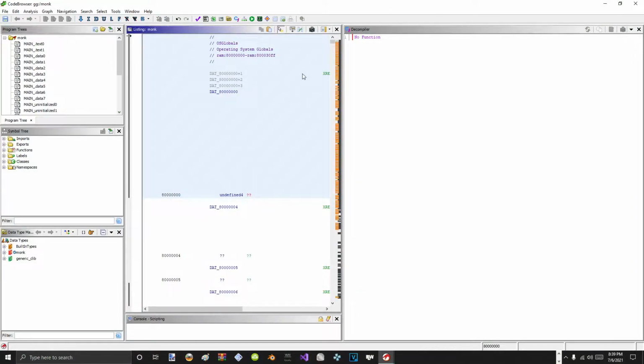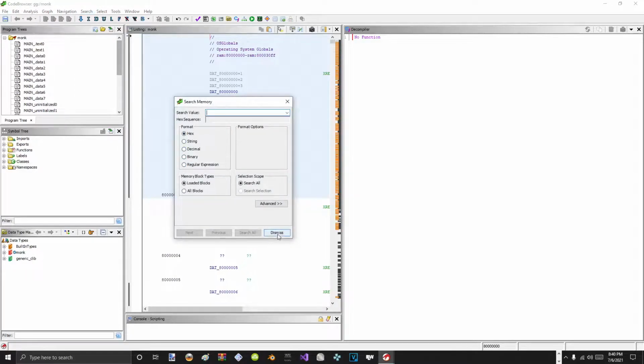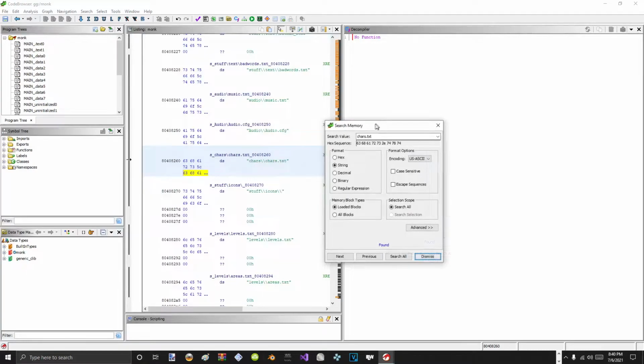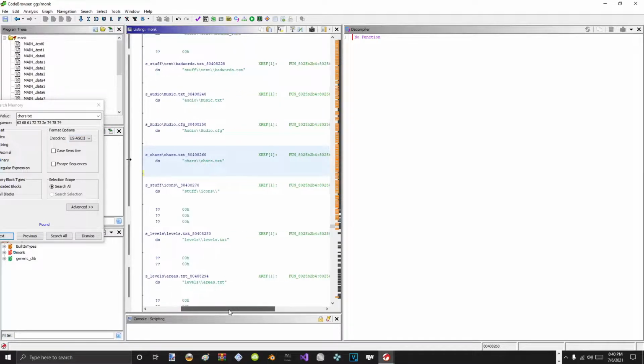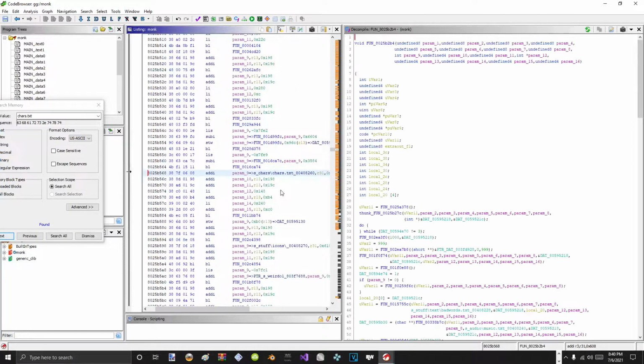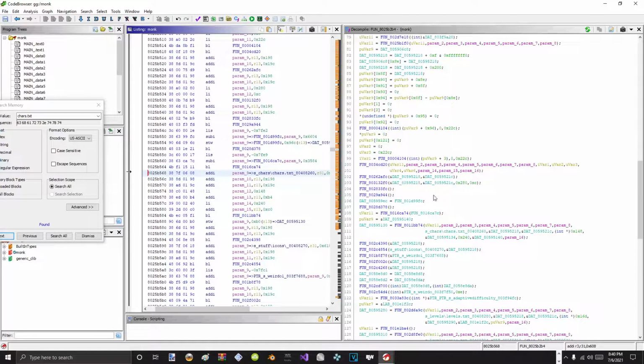Okay, it's done now. So, what I did was I went up to search and then memory. Search memory, and then I typed in cars.txt. And I pressed next. And there we are. There's a string that's referenced by a function, cars.txt. So this is the function that loads cars.txt, I'm assuming. Yeah, it is. And you'll notice this number right here,